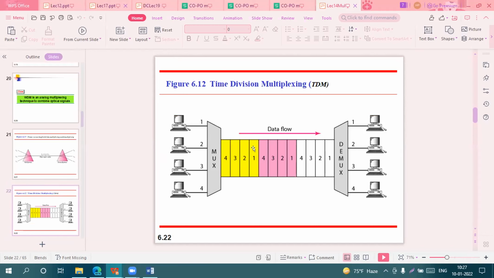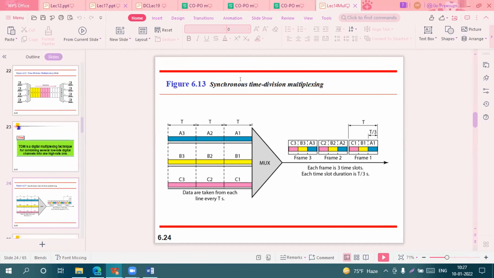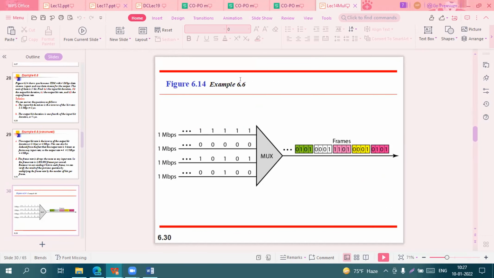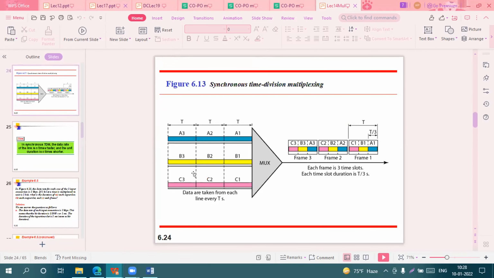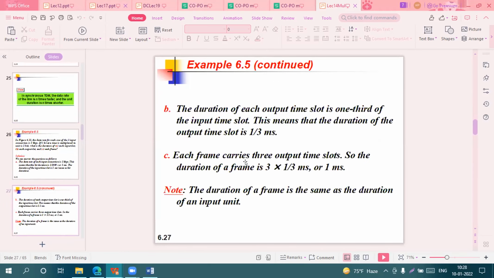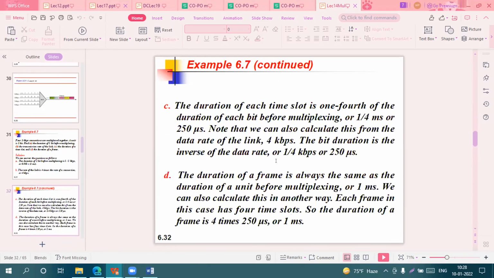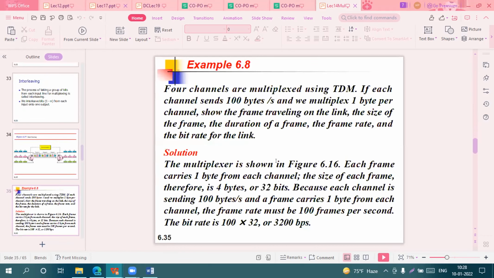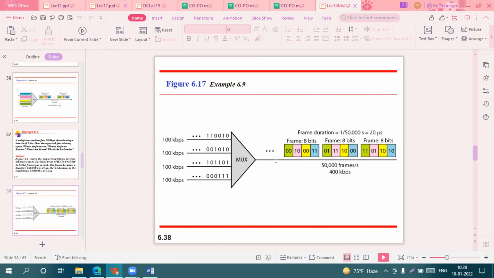তারপর টাইম ডিভিশন মাল্টিপ্লেক্সিং, এটা খুবই ইম্পর্টেন্ট। এর মধ্যে দুইটা ক্যাটাগরি আছে, একটা সিনক্রোনাস আর একটা স্ট্যাটিস্টিক্যাল। এই দুইটা ভালো মতো পড়তে হবে যে সিনক্রোনাস কি আর স্ট্যাটিস্টিক্যাল কি, এবং সাথে রিলেটেড এক্সাম্পলগুলো, তার সাথে এই ম্যাথ, এগুলো ইম্পর্টেন্ট। টাইম ডিভিশনটা খুবই ইম্পর্টেন্ট, এটা মাথায় রাখতে হবে। ইন্টারলিভিং ওভাবে না দেখলেও হবে, সমস্যা নেই।